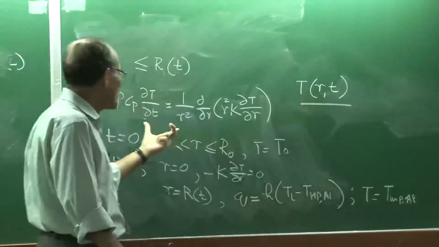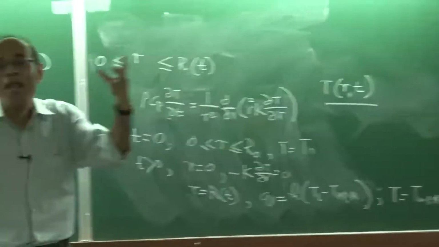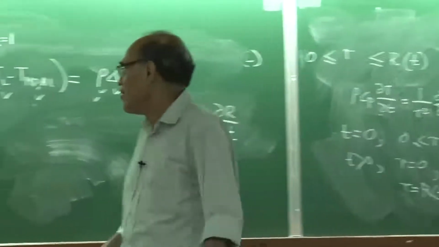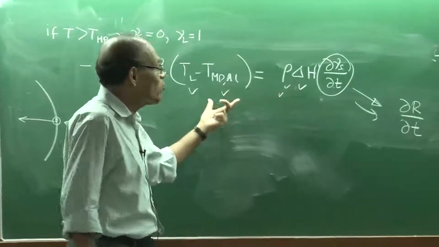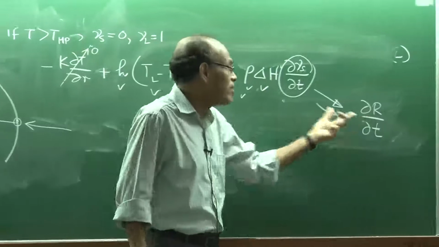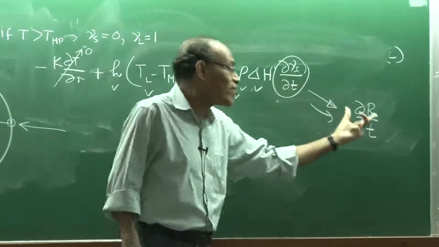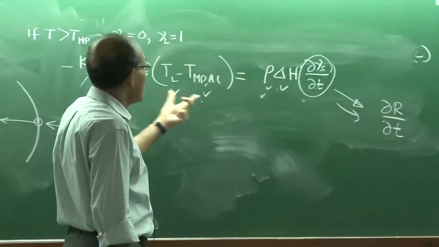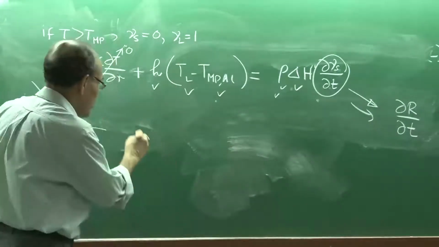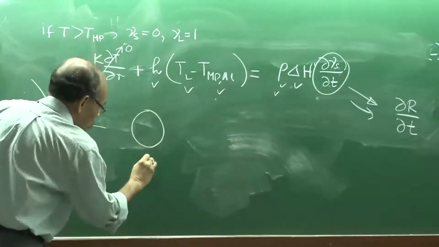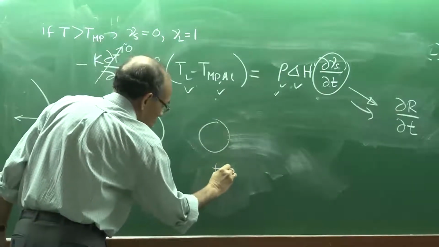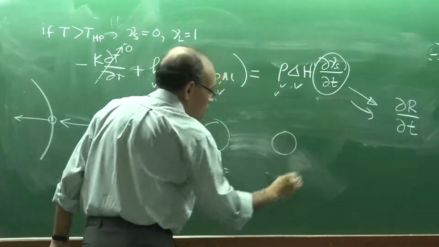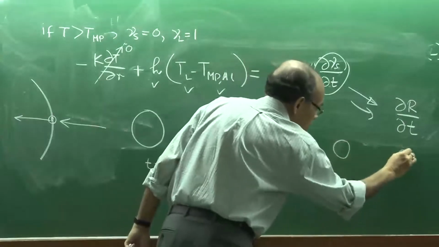So, I am no more concerned with that; it is a case of a lumped parameter scenario, and in that particular case, this simple equation will tell you at what rate the solid fraction is changing, or at what rate the radius is changing, and as a result you should be able to find out that at time t equal to 0, this is the scenario. At t equal to some time, this is the scenario. That is how